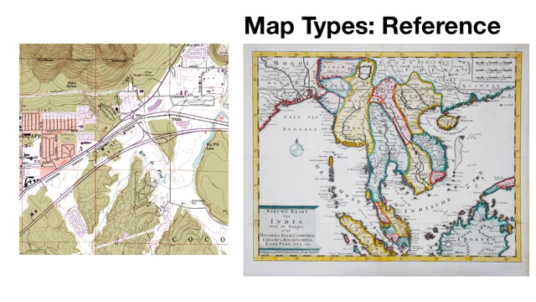And on the right, we have a reference map of Southeast Asia. And again, you can see how this is a historic map, and it would probably look very different from one that was created today using modern technology. That said, this map was probably used as a general reference for people to identify various locations and how they are related to one another.